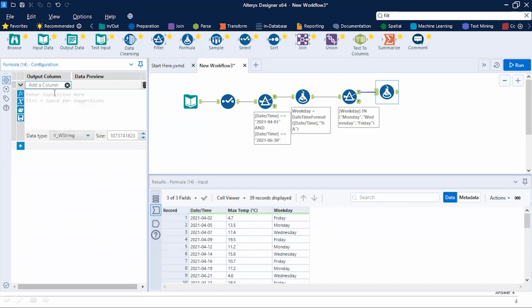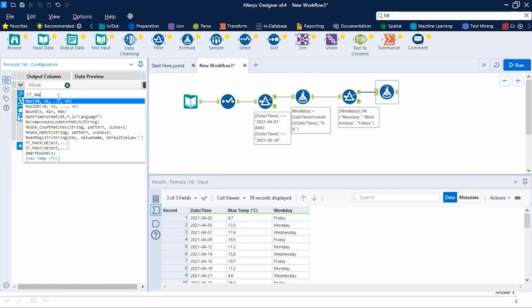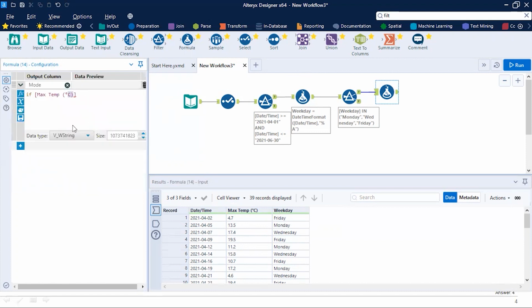We will add a column known as mode, and here we will write if max temp, the name of the column, is greater than or equal to 28. We have already converted the temperature to float before that because we needed to compare it with a number.